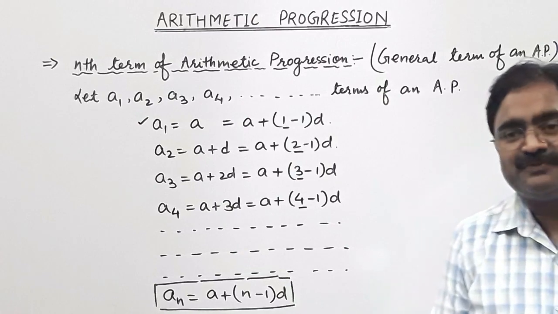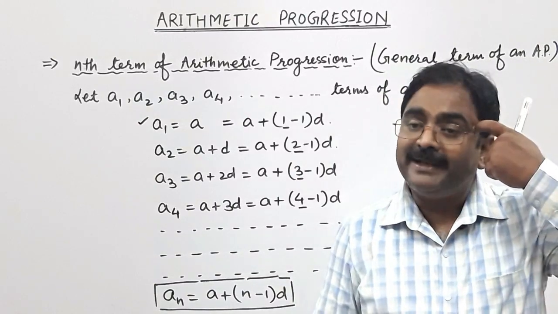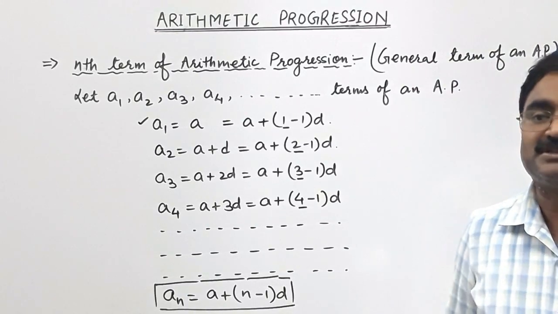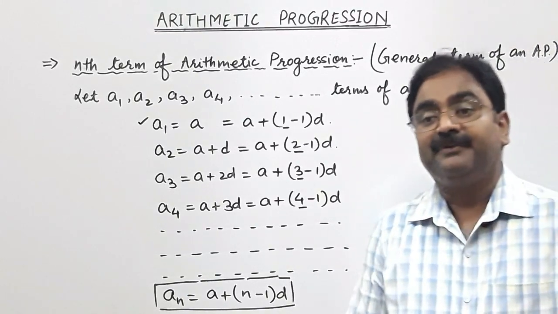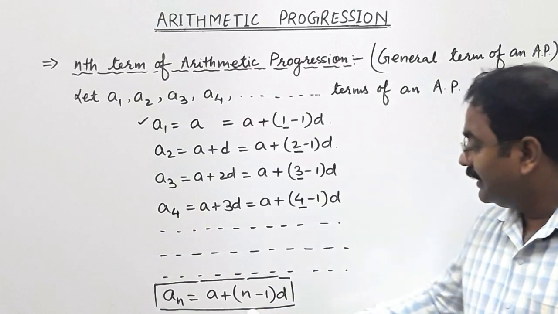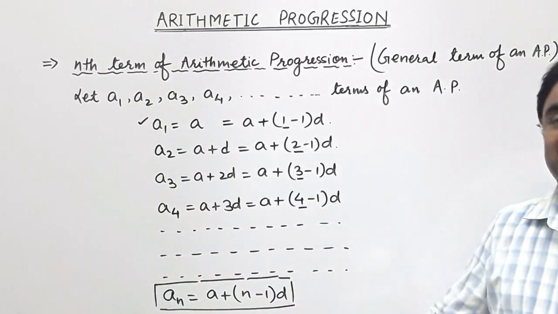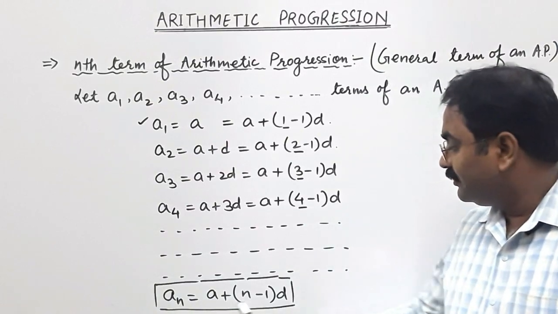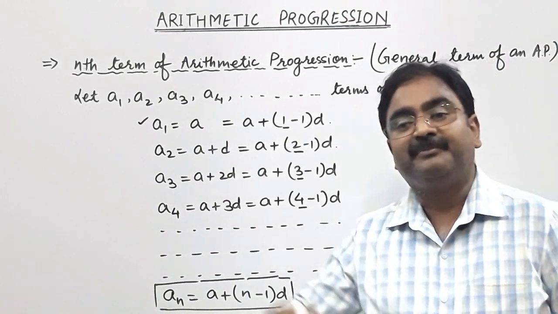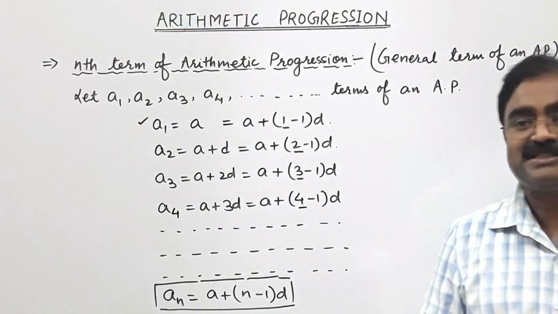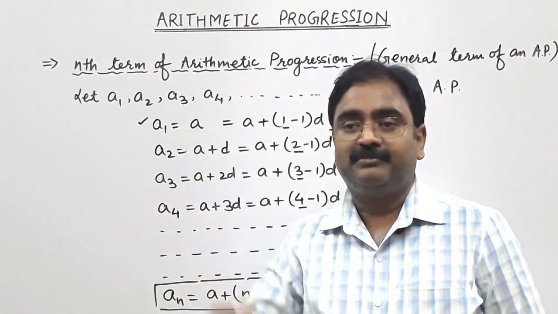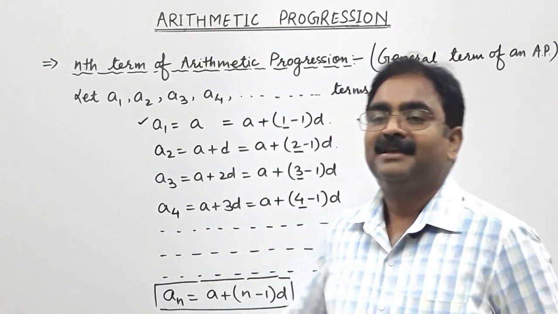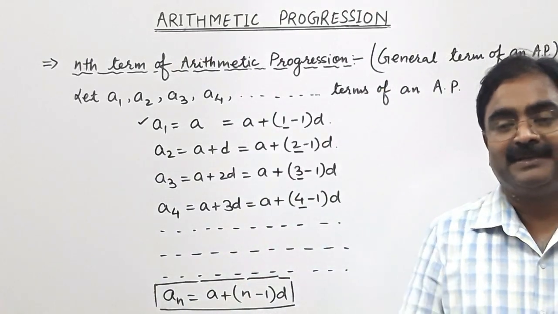With the help of this formula you can find any term of the given arithmetic progression very easily if you know the first term and the common difference of that series. With the help of the first term and common difference, you can find the 15th term, 16th term, 60th term, any 101st term. Easily apply this formula, you will get it.